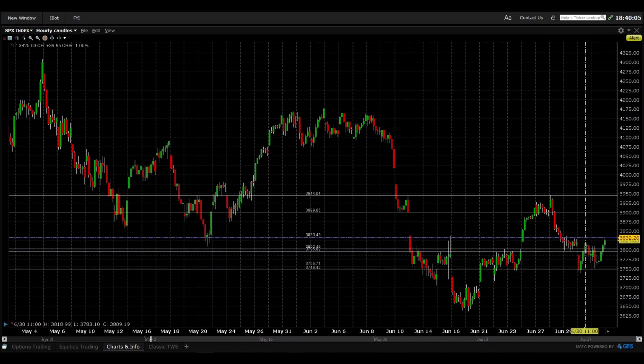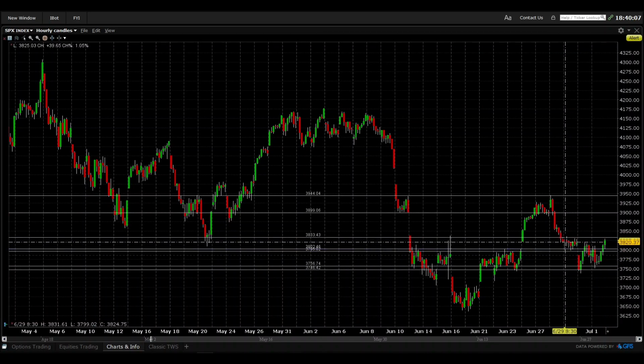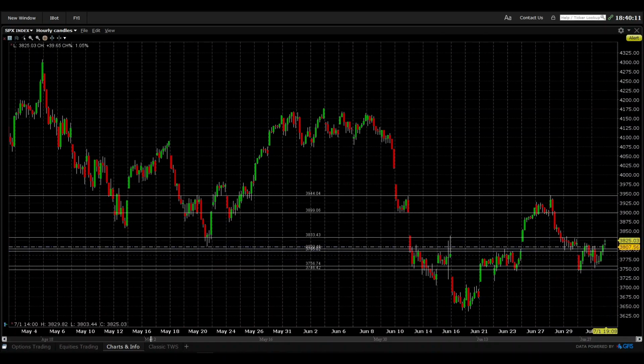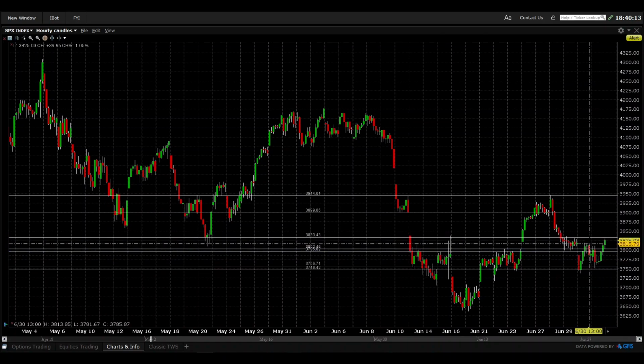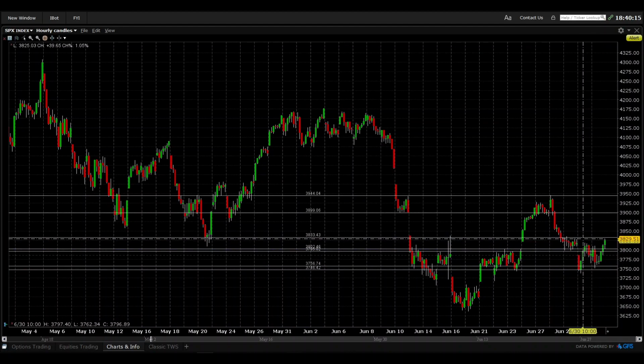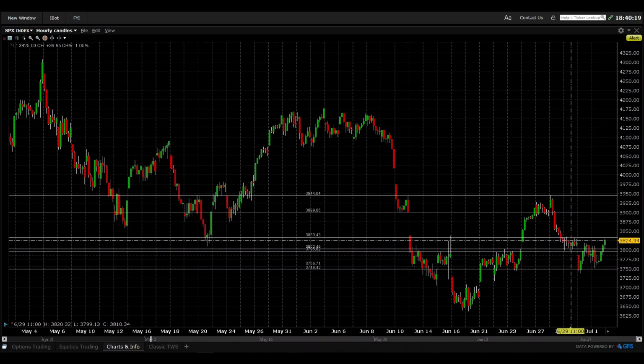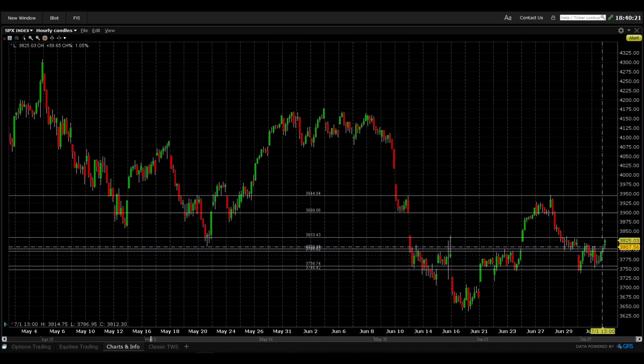Because we can see here, this is relatively recent, this zone over here we just created. We did test it over here, so we had some unfilled sell orders get filled over here. So now that we're breaking out here, we may actually be able to break out because a ton of the orders got filled already in this zone over here. Now, if we hadn't tested this zone yet and we were just testing it for the first time here, I'd be much more